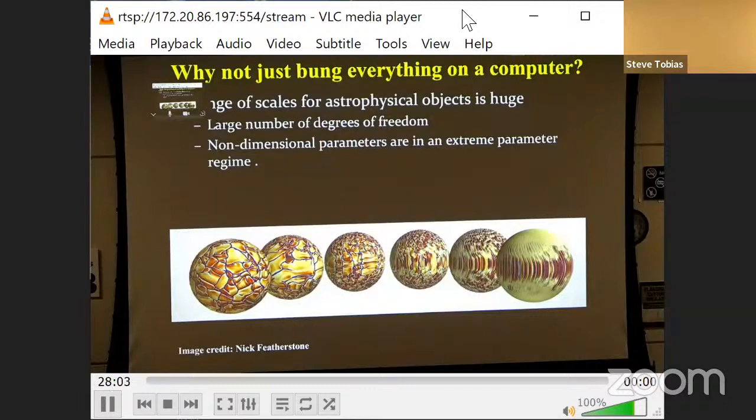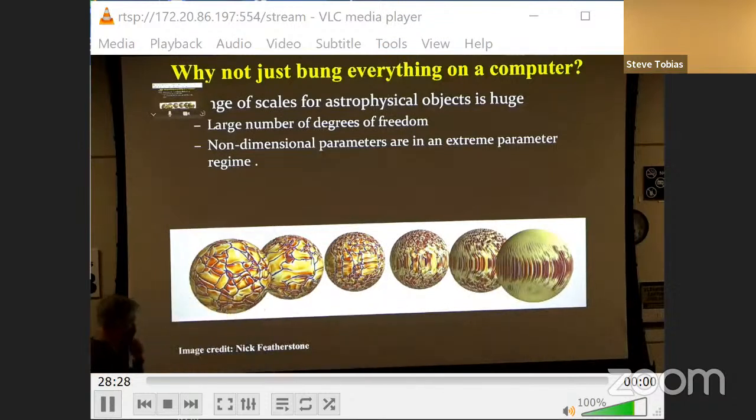So, you know, there's a huge range of scales for astrophysical objects. I think I don't need to labor that point. So there's a large number of degrees of freedom, and so the non-dimensional parameters are in an extreme parameter regime. So when you're doing your computations, what you have to accept is that, and these are amazingly heroic